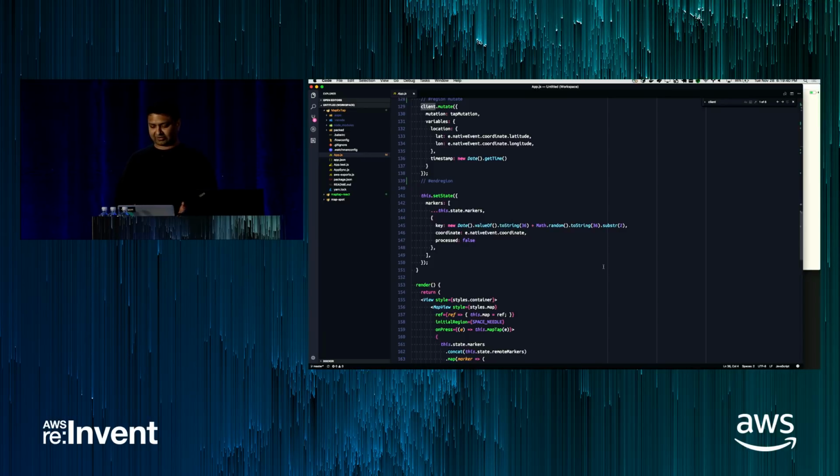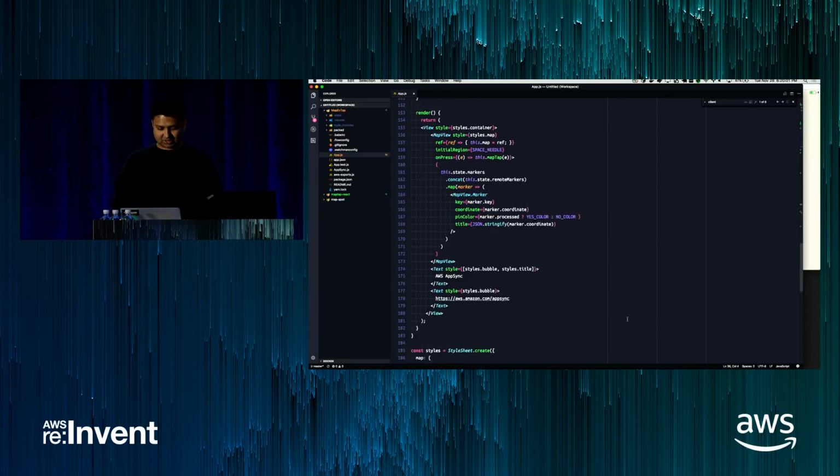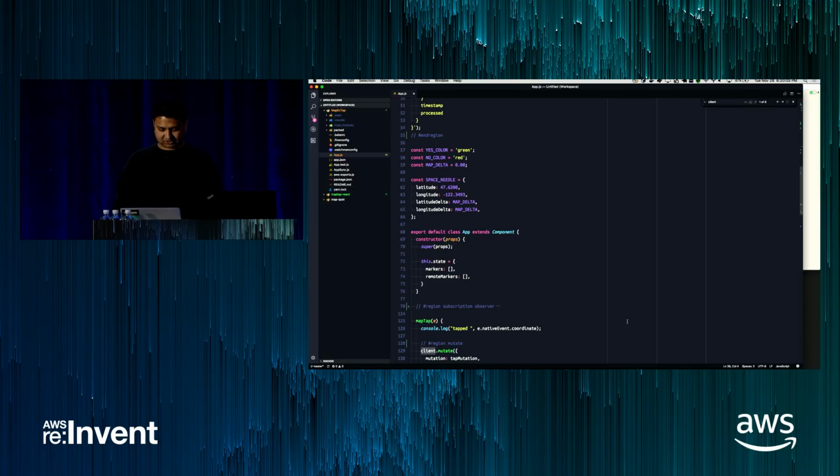Because if I was offline, I don't want them to feel like they tapped and nothing happened. I want to give them an optimistic update. If I was offline, what the AppSync client that we provide actually does is it will cache your write. It will cache the actual update. When you come back online, it will send it to the server, and then depending on how you set up conflict resolution, it may or may not actually end up committing and get distributed to every client that's connected to it. And then for subscriptions,